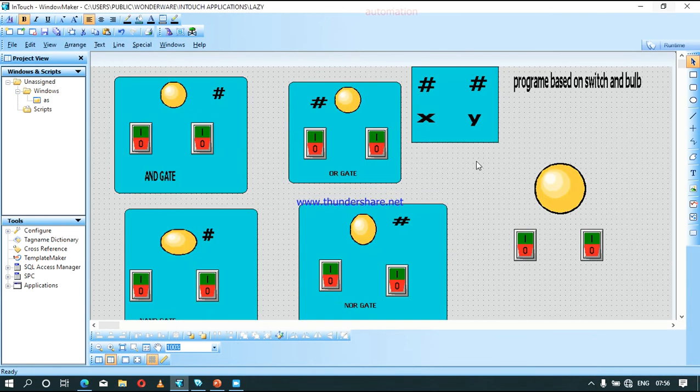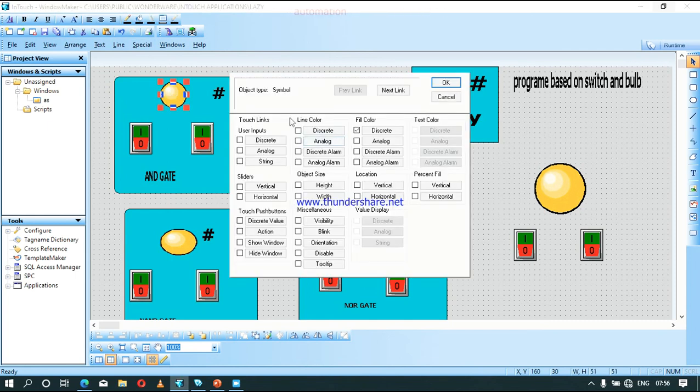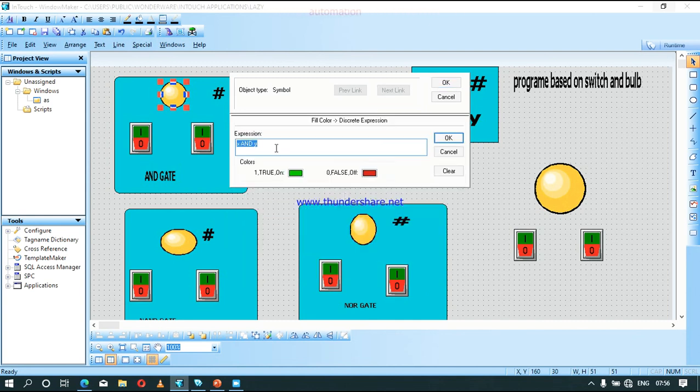But for the bulb, how are we going to make the output on? In order to make the output on, we already went through the truth table first. So for fill color, we have to select discrete, because what we are using right now is whether its value is 0 or 1. So let's select discrete, the x and 1. But you have to know that if we write simply x, that means its value should be 1. Suppose in case we use to make it